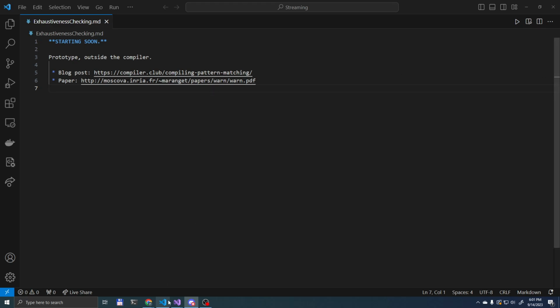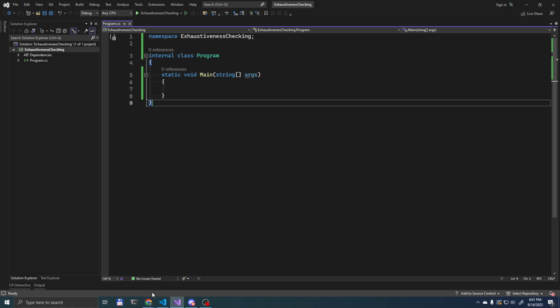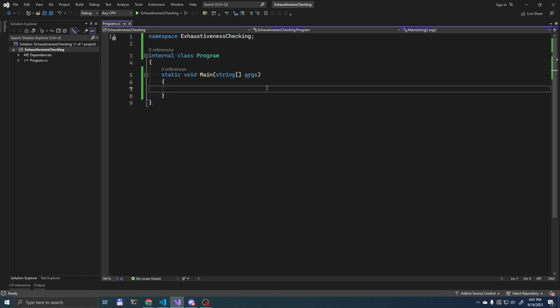So, I have an empty project here. I also have Draco open, but we won't need that. I'll just close that. And we're going to implement something fairly minimal here, just as a proof of concept, and if it works, we understand it well, we like it, then we're going to probably use it in the compiler. Now,